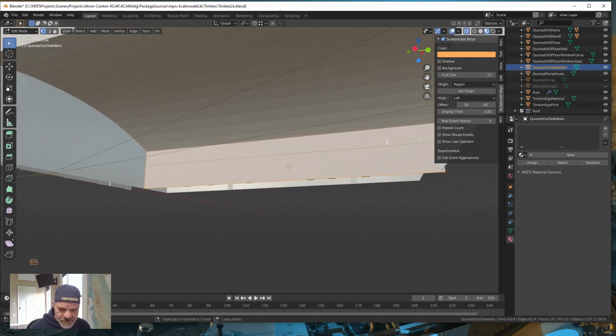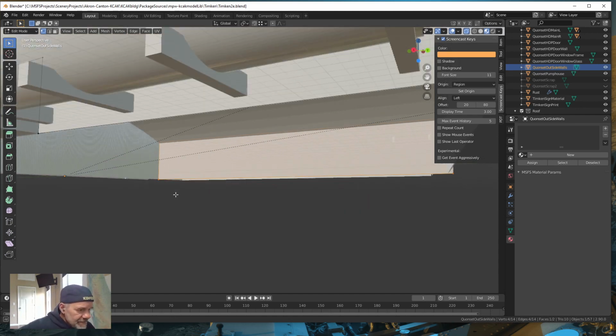So if I could do Control R for a loop cut, yeah, I can loop cut that way, and I can loop cut that way. That will come in handy later when we cut in interior doors or interior windows. Okay, now